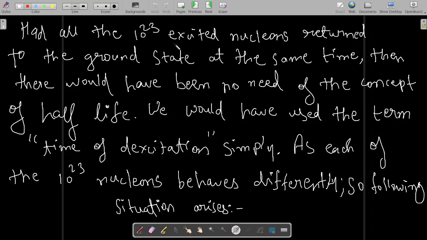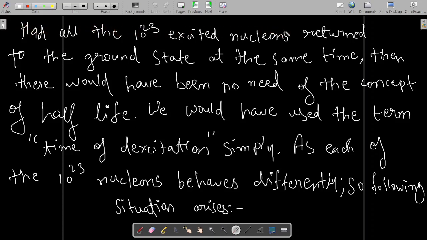So I will tell the meaning of it in Hindi also. अगर 10 to the power 23 एक्साइटेड न्यूक्लियन एक साथ ग्राउंड स्टेट पे आ जाते तो क्या होता, वो बताने जा रहा हूँ मैं, ठीक है ना. So I am going to tell you that had all the 10 to the power 23 excited